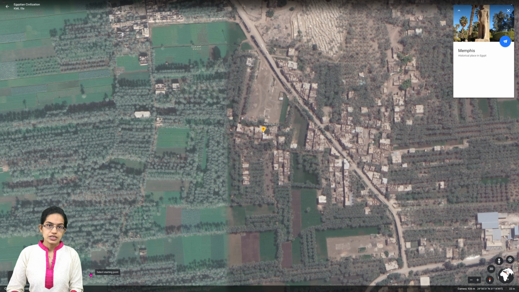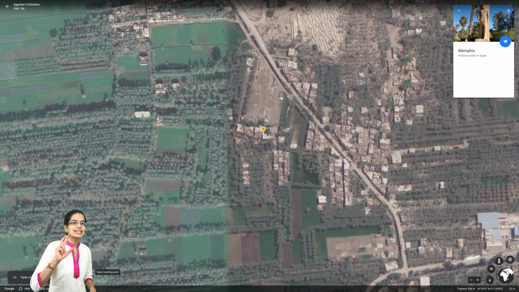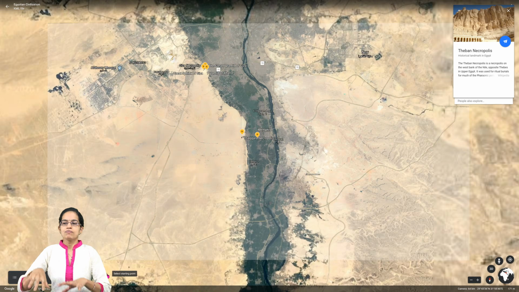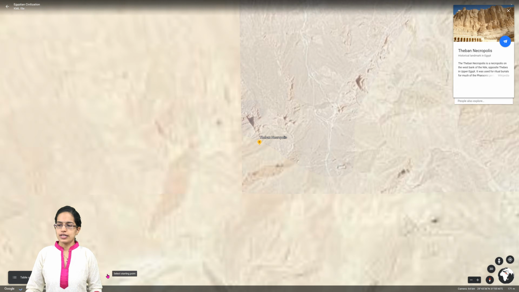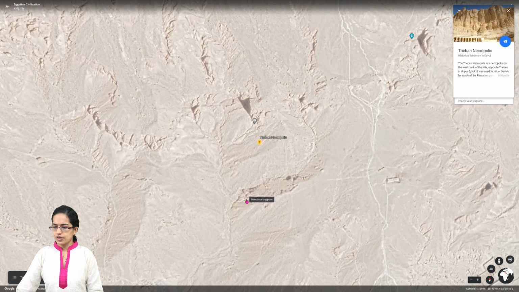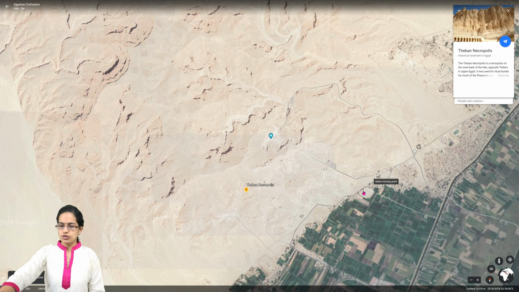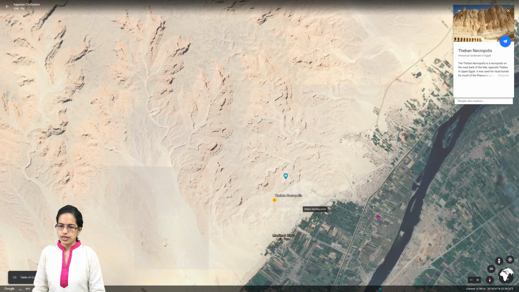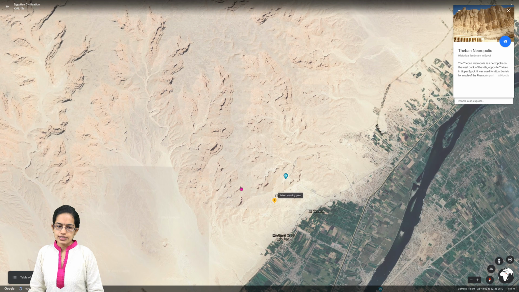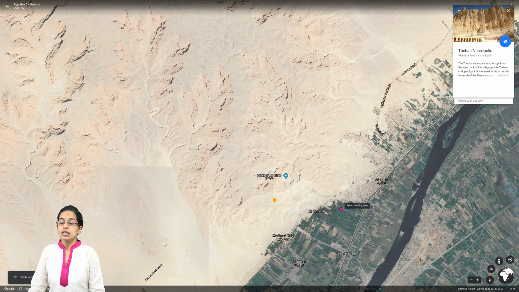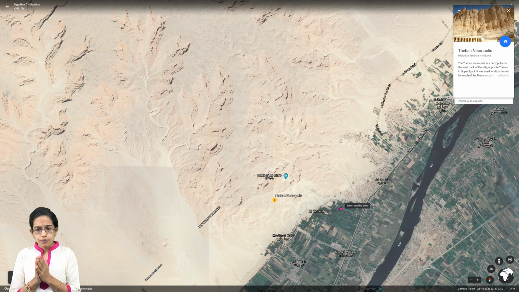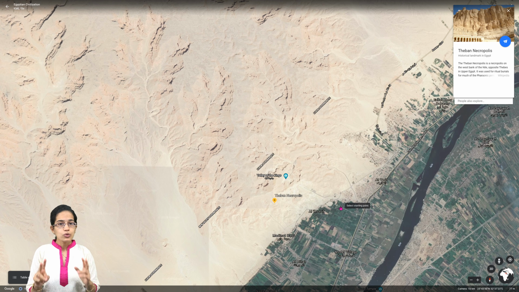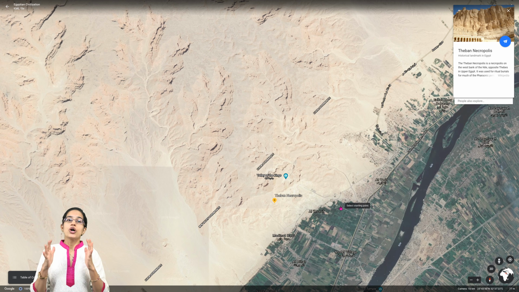So Memphis was one of the major towns. Memphis and Thebes are believed to have grown organically. That means because of the river, these towns flourished. So this is one of the regions. If I zoom out, you would see this is again in the vicinity of the Nile flowing in. So here you have the Nile River, and in the vicinity of the Nile you have Thebes. Thebes again was one of the important locations, and both of these towns flourished organically.